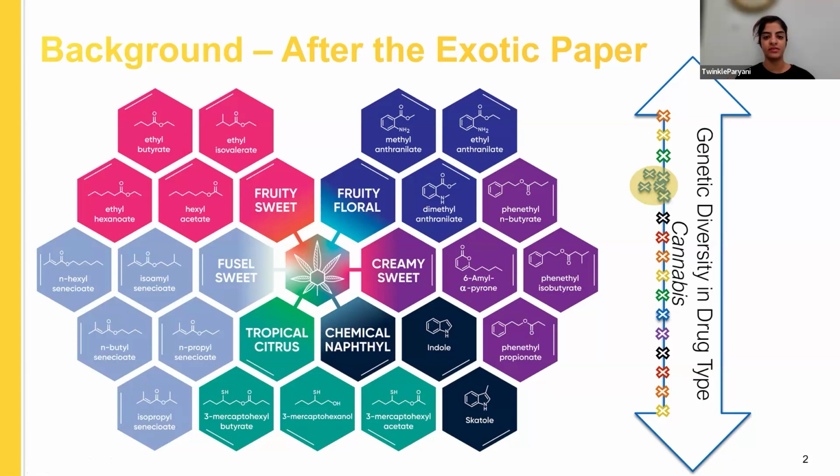But basically, in Ian's paper, we looked at this graphic on the right here. We looked at a spectrum of cannabis that was genetically diverse, and we found all these diverse compounds in them. And so then the thing we wanted to look at after that was, if we look at a group of cannabis that is genetically similar, do we still see diversity in their aroma compounds?